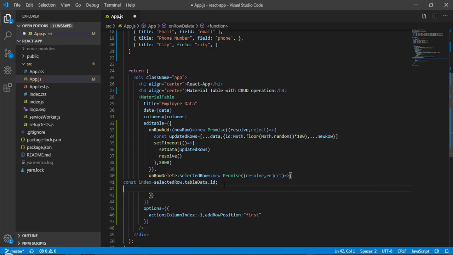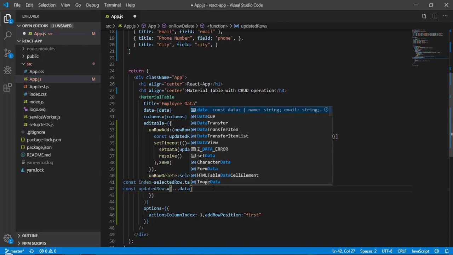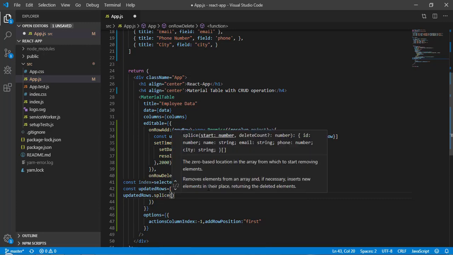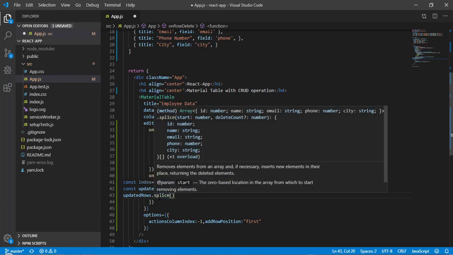Our task is to delete the data. For that, we will create a variable, updatedRows, and once again get all the data. Here I will write updatedRow.splice. This is the function which takes 2 parameters: the start, which takes your index, and the delete count, which is how many records you want to delete.